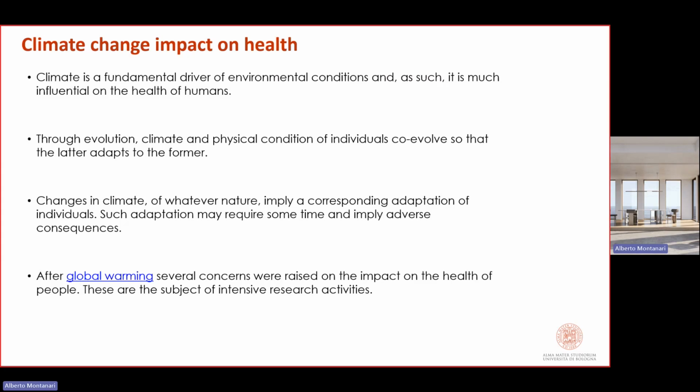After global warming and the related further changes in climate,